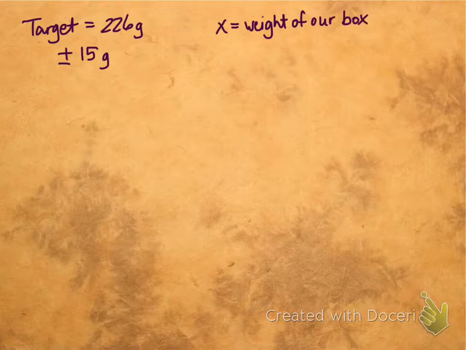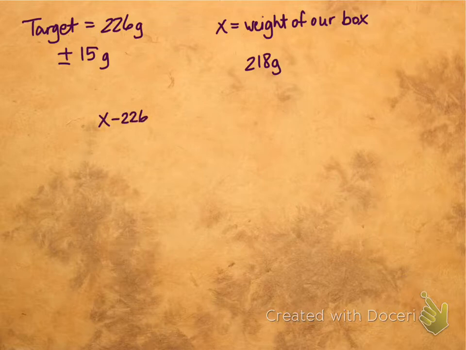And let's say we weigh our box, and our box is 218 grams. And we go, well, hold up. Is that within the acceptable limit? So what we could do is set it up as an absolute value. And what we could say is, well, if it's within that acceptable range, then really,